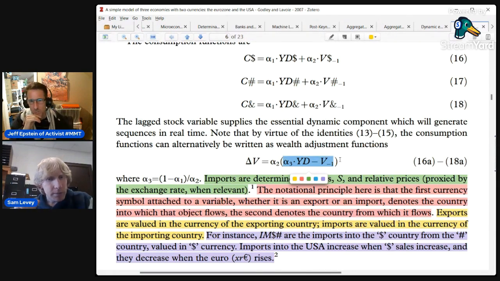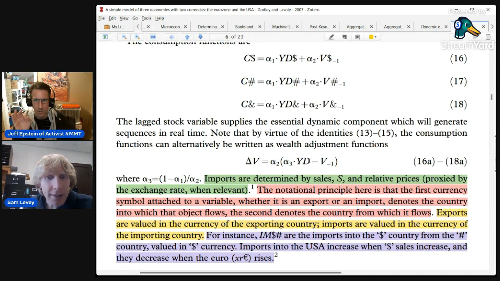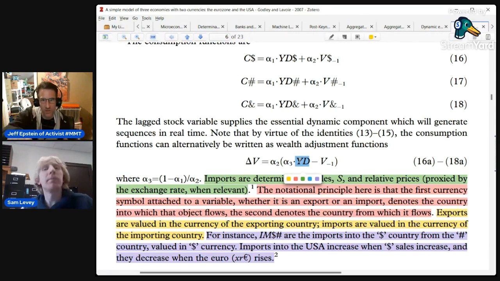Can you give me a simple number with the YD alpha 3? Sure. Your disposable income is a portion of your... Well, basic question. What's the difference between wealth and disposable income? Because disposable income that's just defined above is simply your income minus your taxes. That is your disposable wealth. So after you have disposable income, how is that different than wealth to begin with? Because that's all you have left in this scenario.